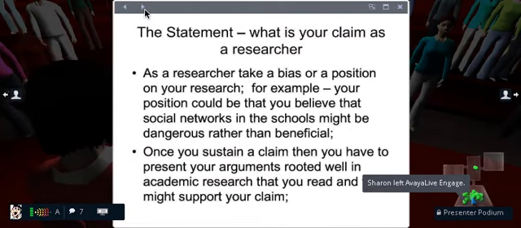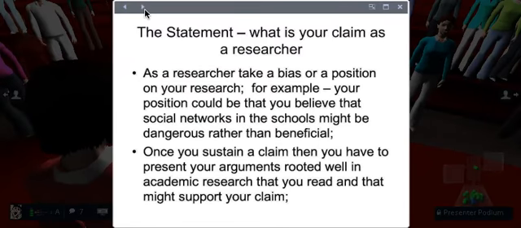And that in itself is a statement. As a researcher, you are saying that you have this bias towards introducing social networking in education for teachers. So that is a stand.